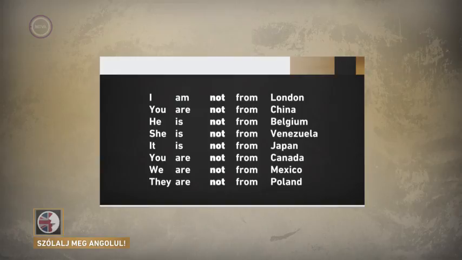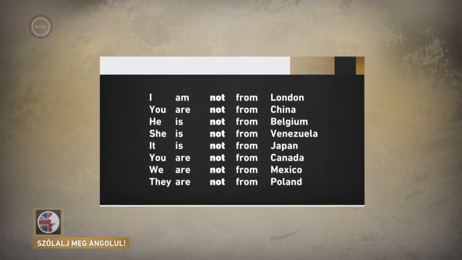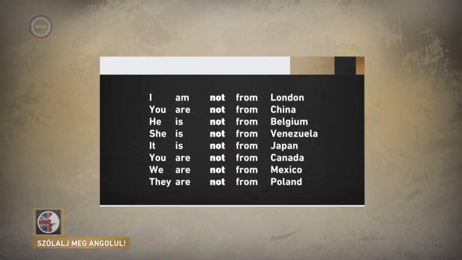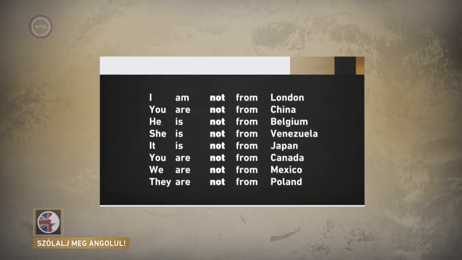I am not from London. You are not from China. He is not from Belgium. She is not from Venezuela. It is not from Japan. You are not from Canada. We are not from Mexico. They are not from Poland. Okay,